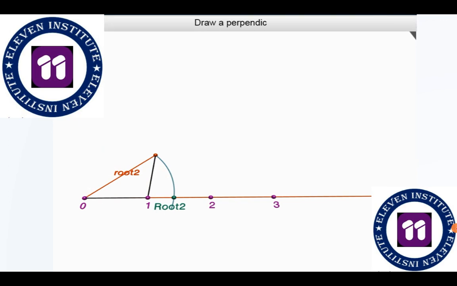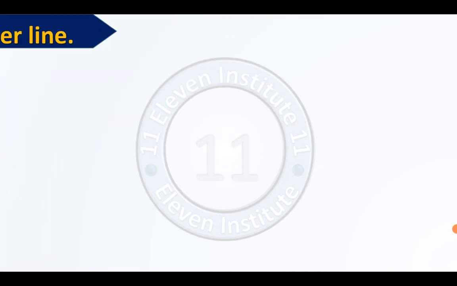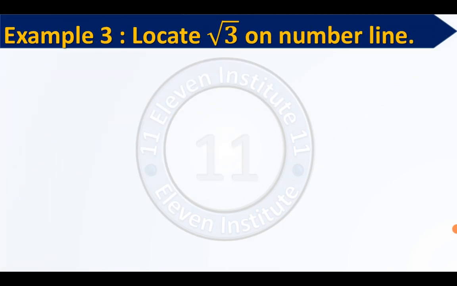Fine. So now we will see how to plot root 3 on number line, because this was discussed in the previous video session also. Today we will see how to plot root 3 on the number line, right? Locate root 3 on number line. According to the NCERT textbook of standard 9, this is example number 4, but please ignore this mistake. Just focus on the topic, how to plot root 3 on the number line.